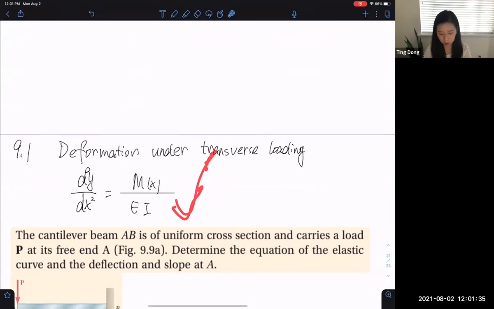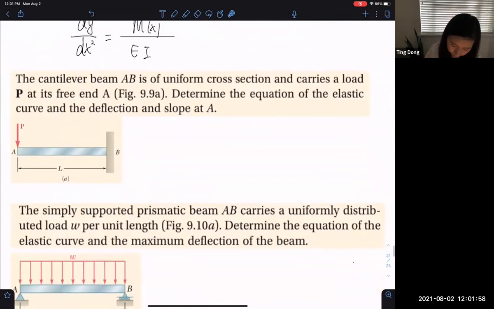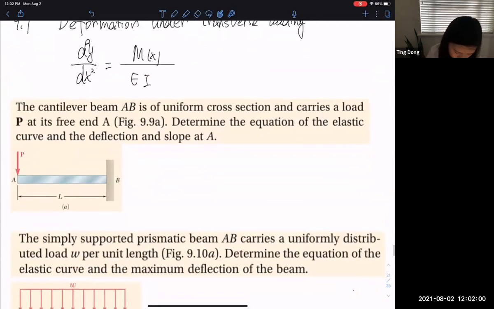And of course, when you integrate once, you have one constant. When you integrate twice, we have two constants. So the unknown constants are something we need to solve. And to solve these unknown constants, we need to use the boundary conditions. So for, let's say, the first example problem,